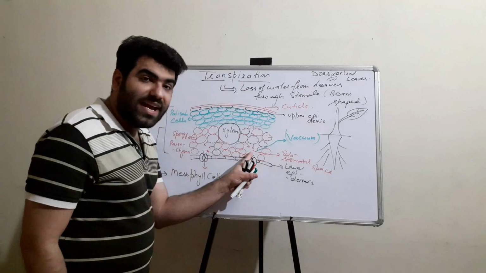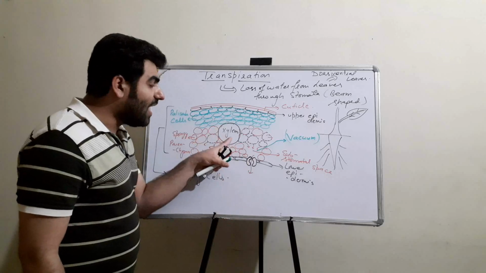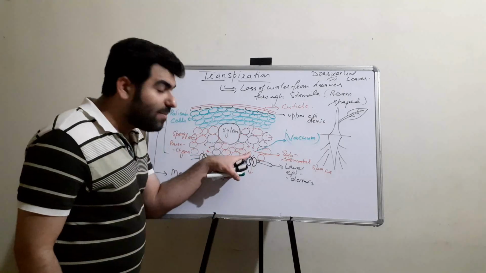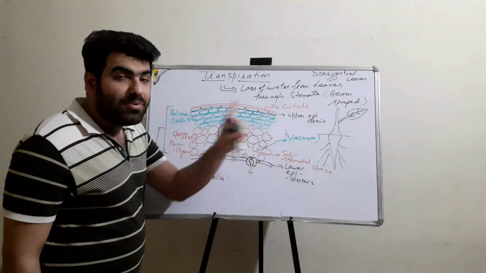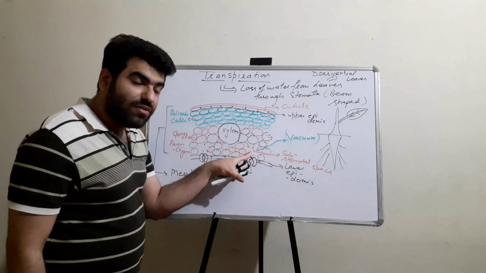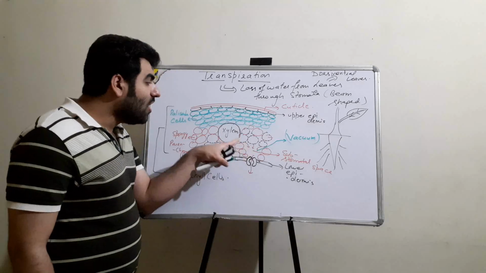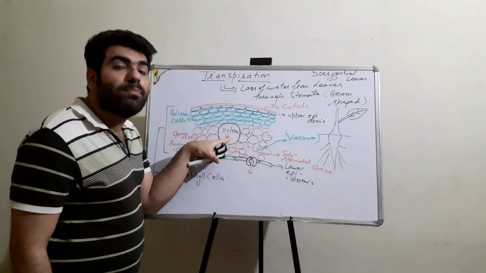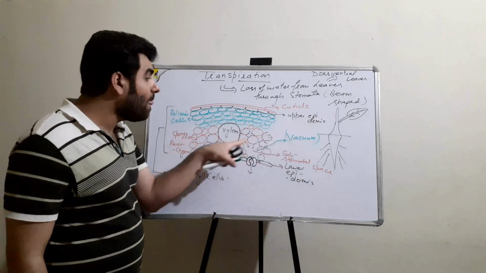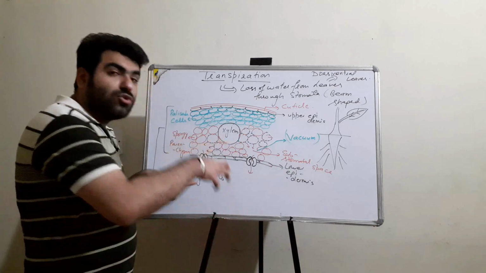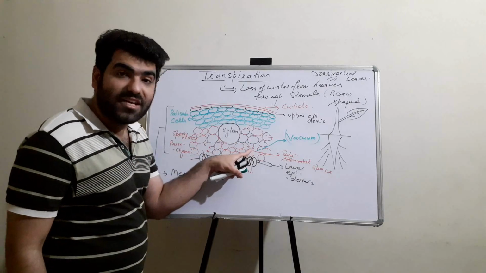If the vacuum is created, it will provide a force which will allow the water to move up, because this space is empty. The vacuum will produce a suction force, and that suction force will be given to the xylem, because only through the xylem has the water entered here. It will force the xylem to pull the water, and that suction force will help the xylem vessel take the water to the height where this leaf is present.